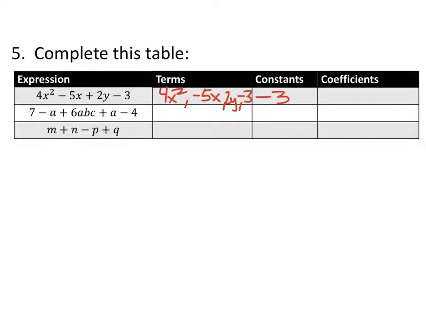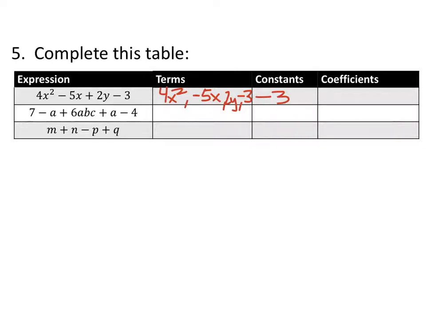Yeah, the 2y and the 4x to the power of 2, we don't write those with the positive signs because math people are lazy, so we don't actually write those signs in there. Once we see that, we've got these four terms, right? 4x to the power of 2 and -5x and 2y and -3, you could rearrange that